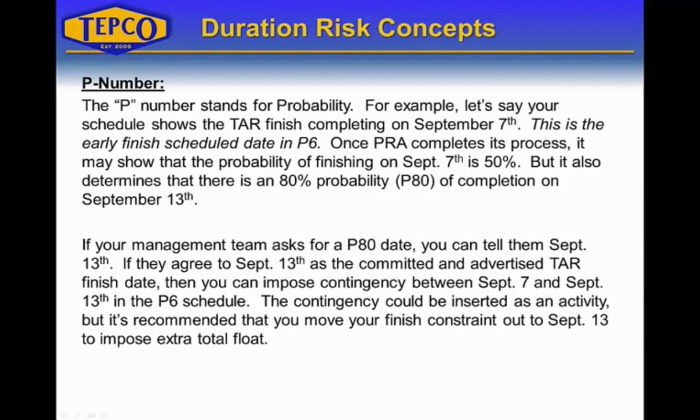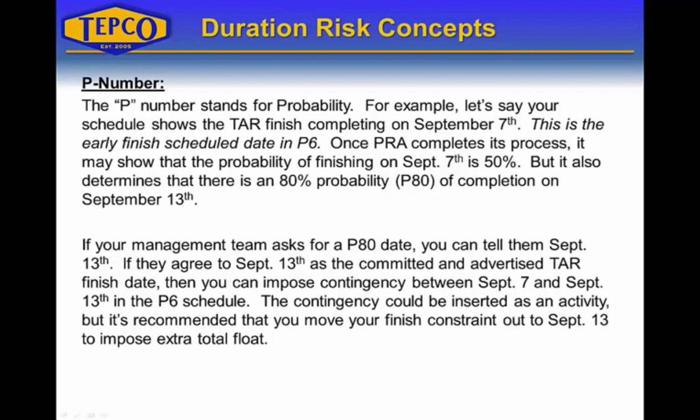So this would be the early finish inside your P6 schedule. Once Primavera risk analysis completes its process, it may show that the probability of finishing on September 7th is around 50%. But it also determines that there is an 80% probability of completion by September 13th. So the 80% probability would be considered a P number. If your management team asks you for a P80 date, you can tell them September 13th, and if they agree